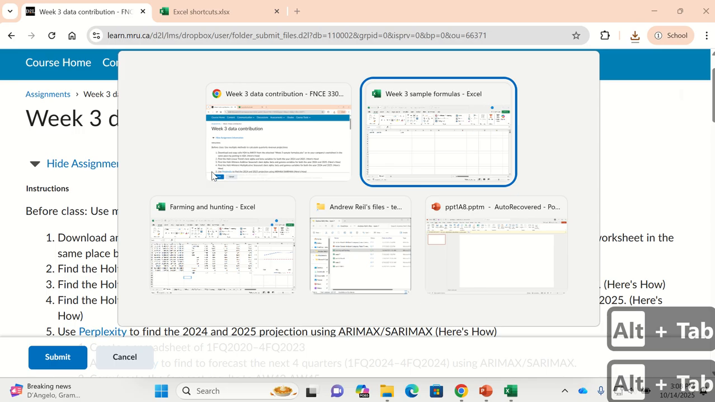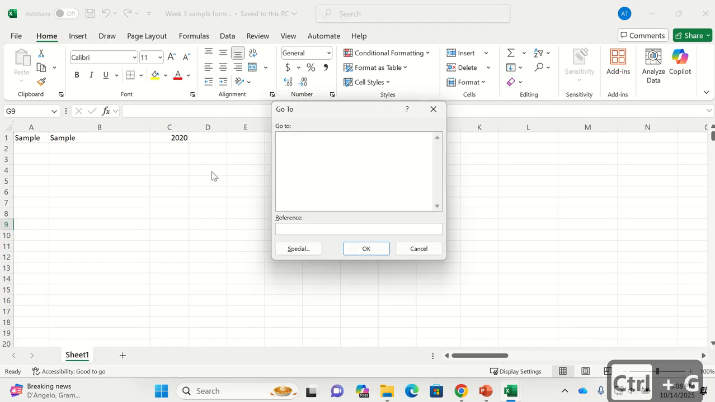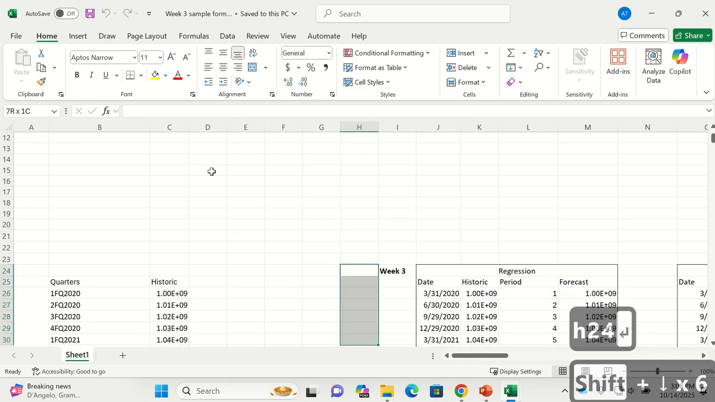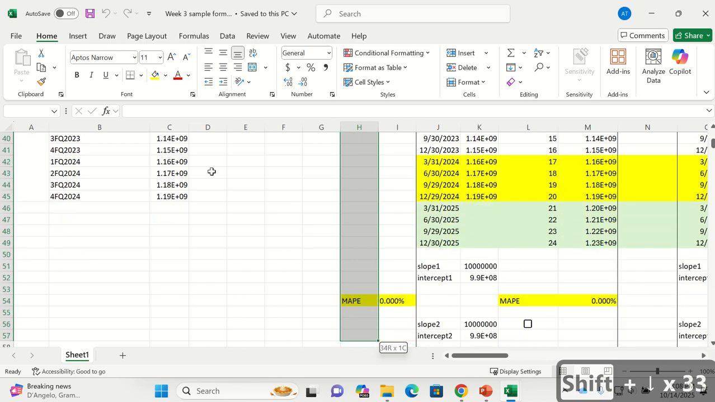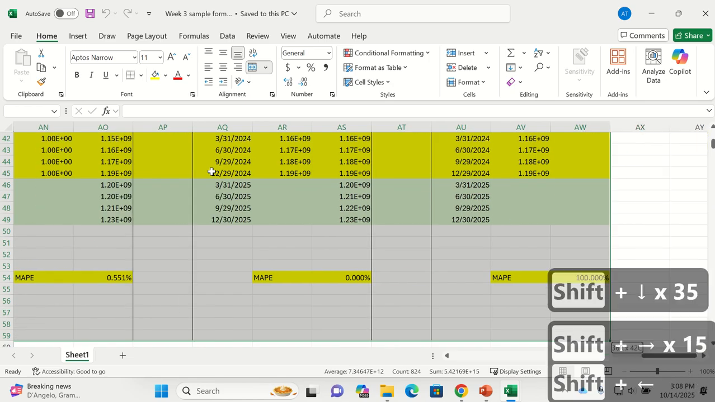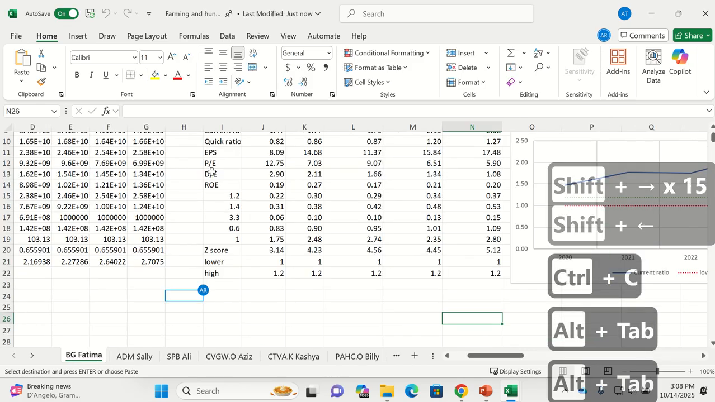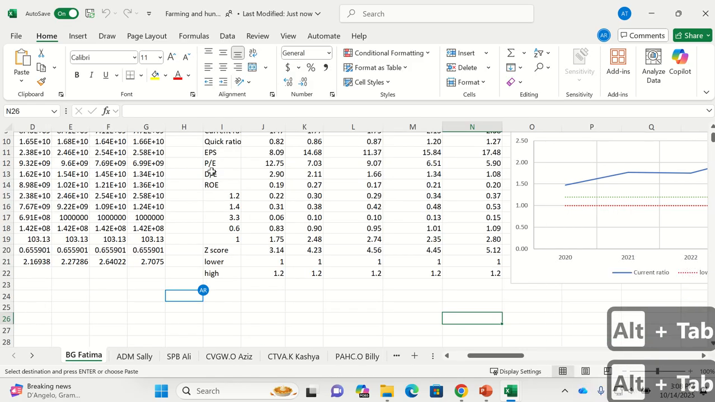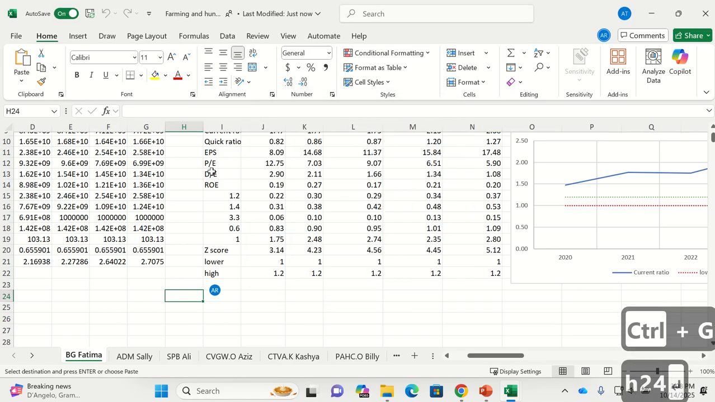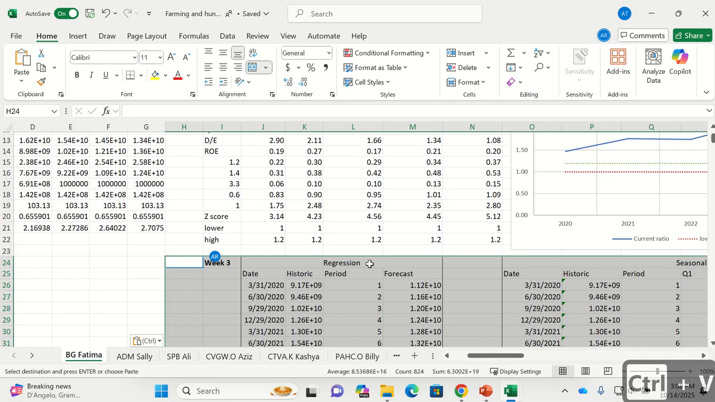So I'm going to go Alt-Tab, and I'm going to go Control-G, that's the Go To, H24, enter. And I'm going to go Shift and go all the way down to 59. And I'm going to continue to hold Shift and go across to AW and Control-C, and then Tab to my spreadsheet for my company, and I'm going to go Control-G and go to that same place, H24. And then I'm going to paste,